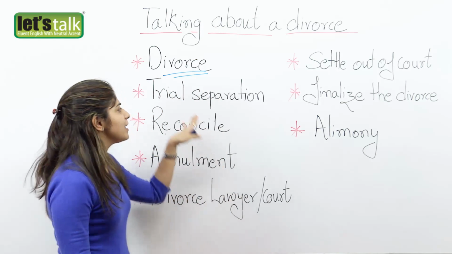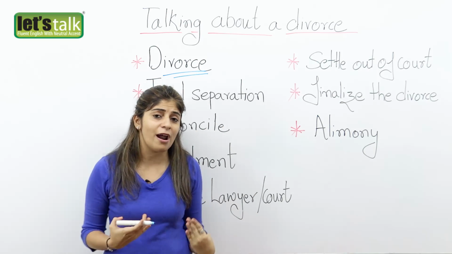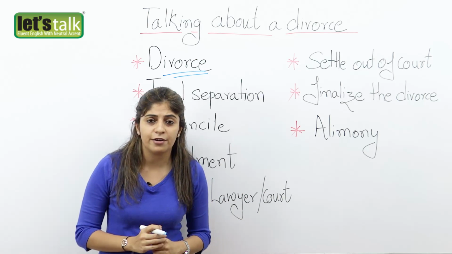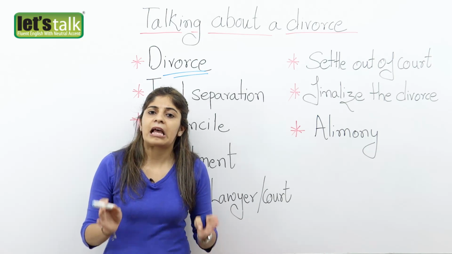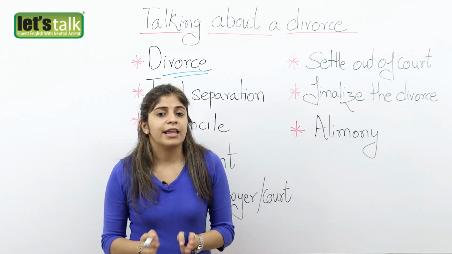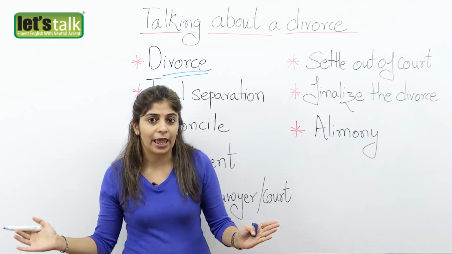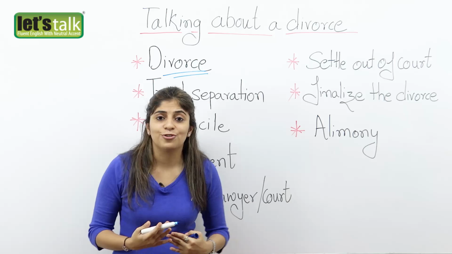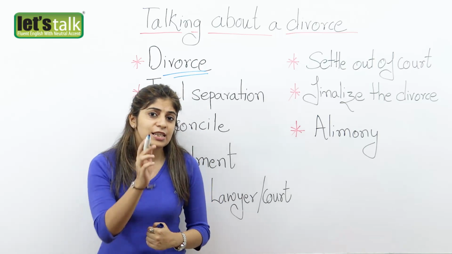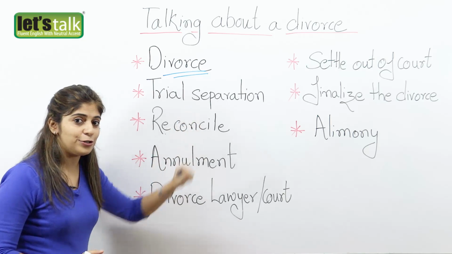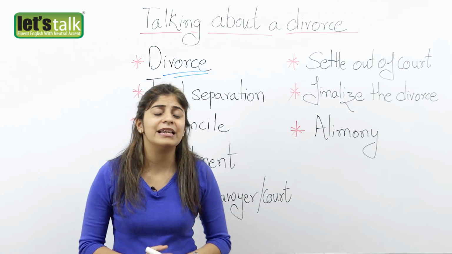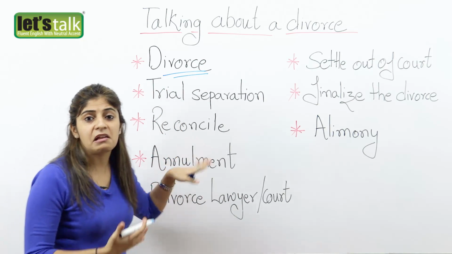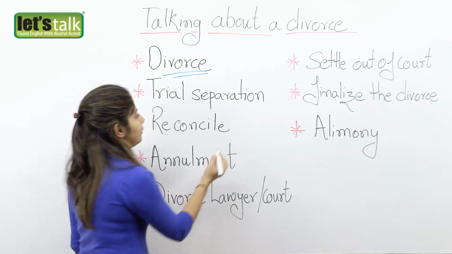Now, there's something called trial separation. What does trial separation mean? At times, you might have heard people saying, oh, she's just separated from her husband. Well, this means that the couple is not legally divorced. They are just separated. They are living apart, okay? And they are sorting out their differences. Maybe they're working out whatever issues they're facing as a couple. So that is when they are on a trial separation. And you never know, they might reconcile. Reconcile means they might get back together. So the moment they sort out their differences, they might get back together.